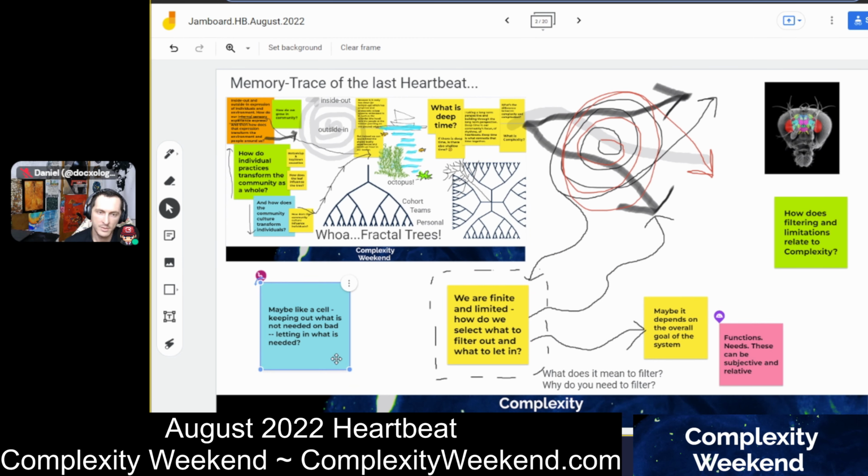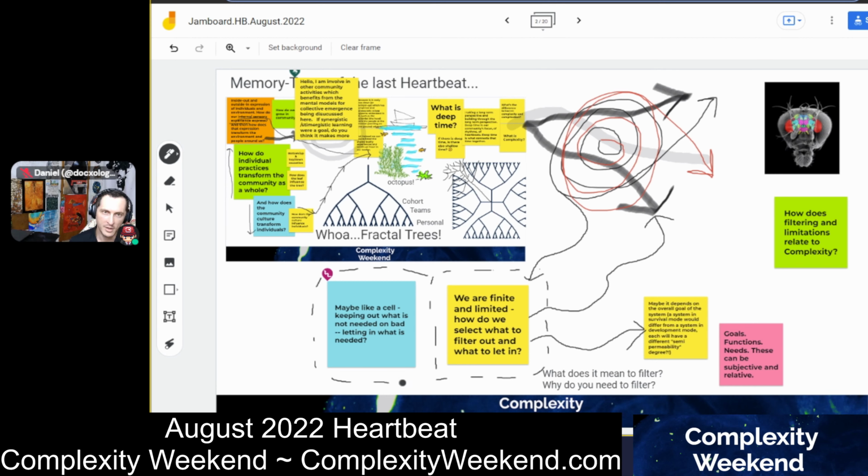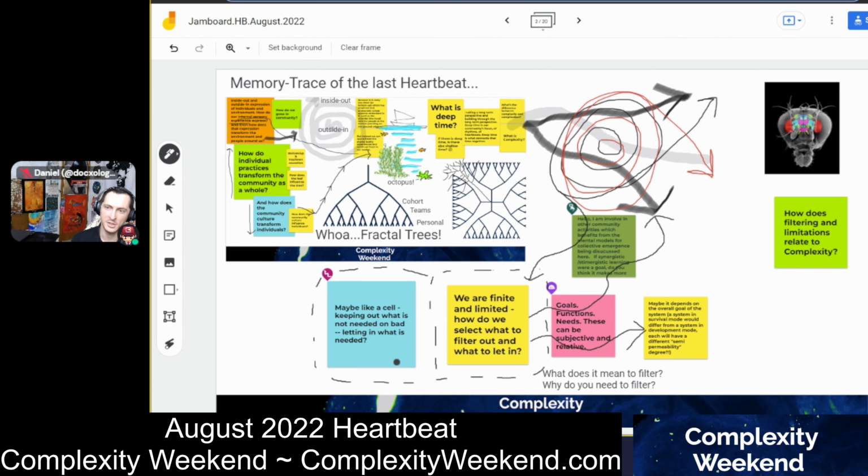Maybe like a cell, keeping out what is not needed or bad, letting in what is needed. Yeah, very interesting. Let's build a multicellular organism here. How do we know? How do we know what is needed or not? If we knew what was needed,